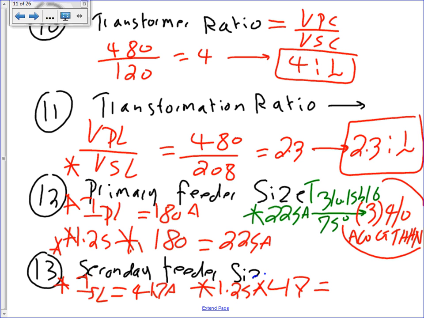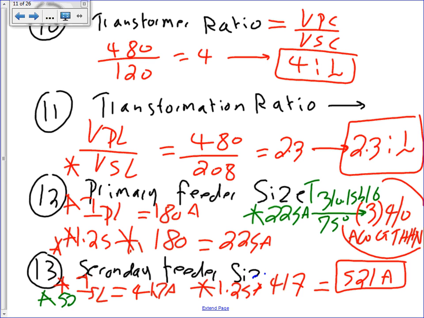I need somebody to help me with this. I don't have the answer for this. Four, 1, 7. How much? 521 amps. Any second? 521 amps. The last step is to take this number, 521, to table